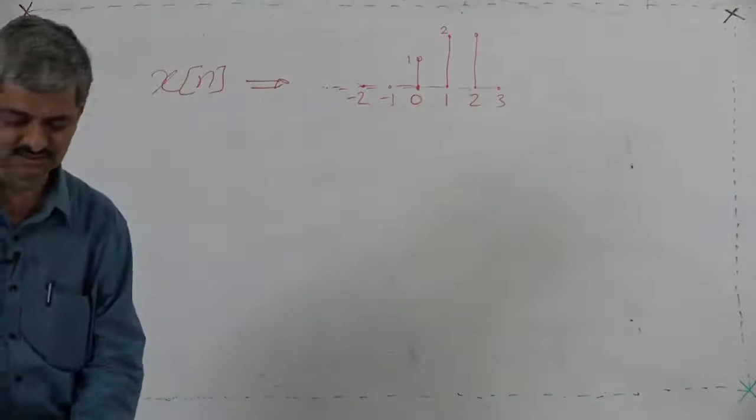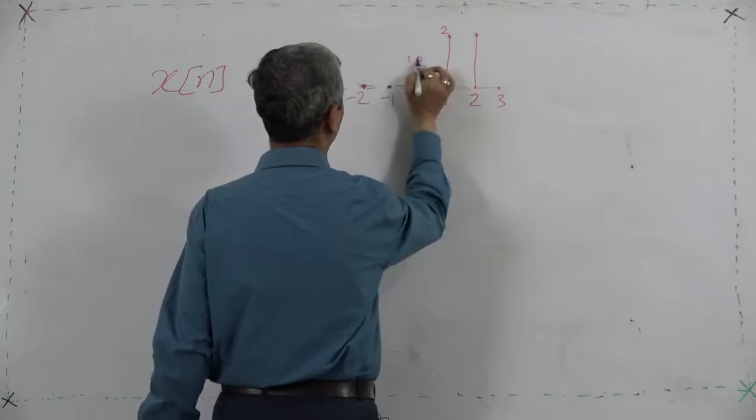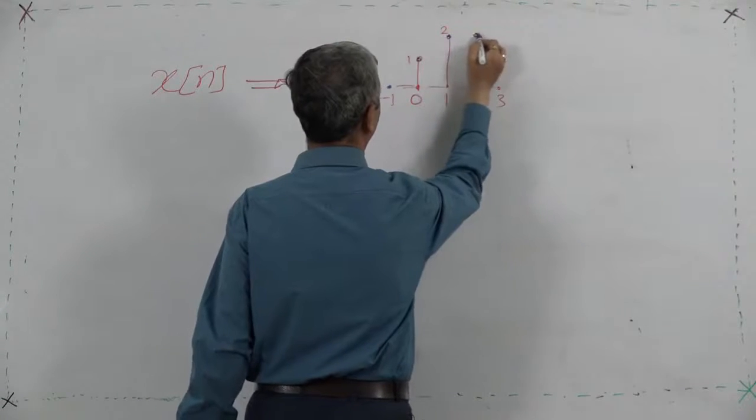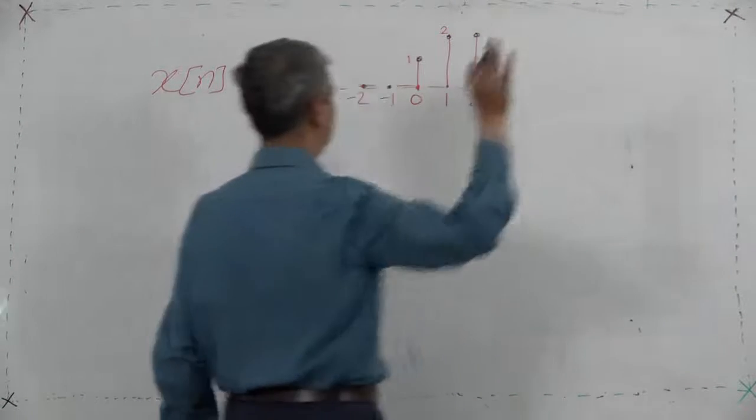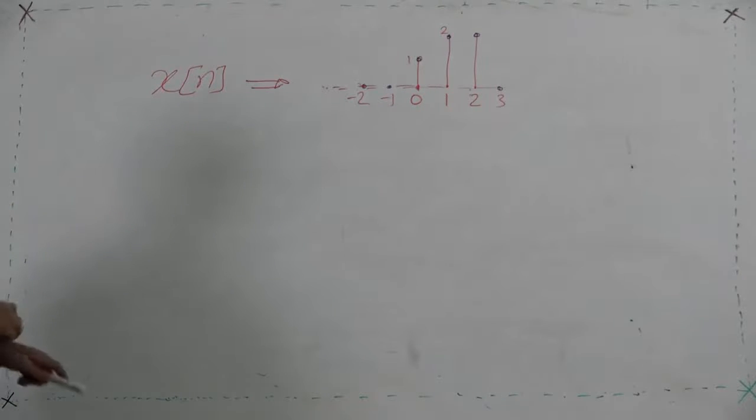This is a sequence. So, values are 0, 0, 1, 2, 2, 0 and 0 throughout. This is x[n]. Suppose I shift the sequence by